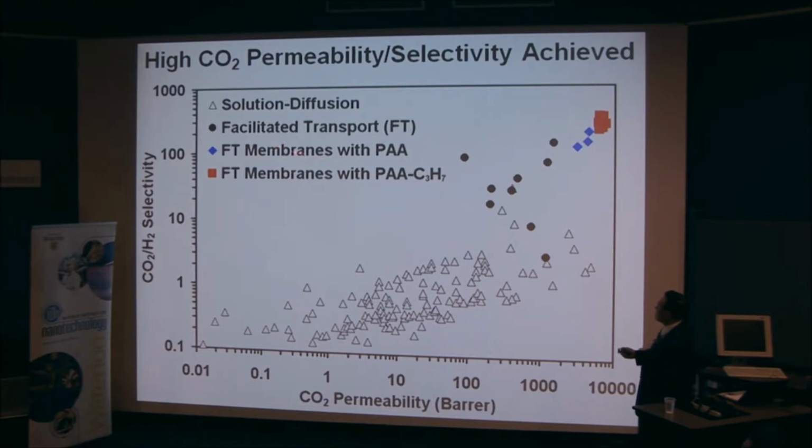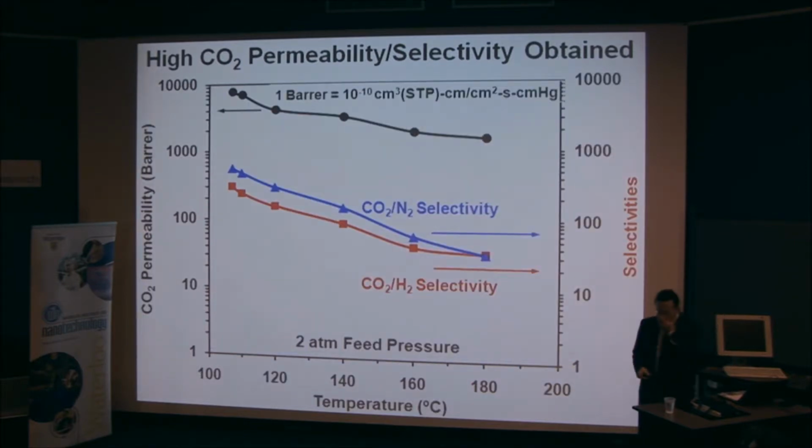And then our work over here, blue is for the facilitated transport membrane with the polyamine I showed earlier. And we push this performance higher and higher when we introduce the sterically hindered amino group, so we can push to a higher performance. Here shows again